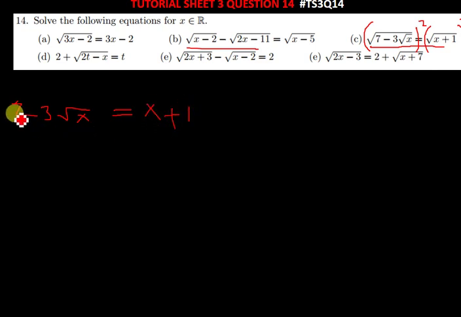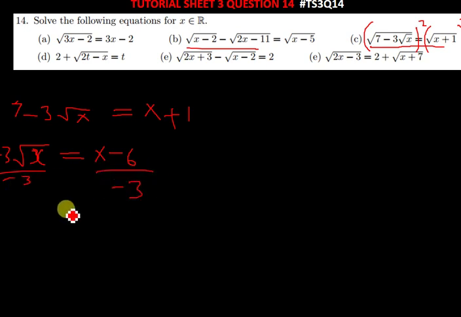So you pair the like terms. You are going to have, or rather you make the root of x the subject. When you make root x the subject, you're going to have something like this. First, let me do this. This 7 will go to the other side of the equal sign. So meaning you're going to have 1 minus 7, which is just negative 6. And then you divide by negative 3. Divide by negative 3. So you have the root of x being equal to,